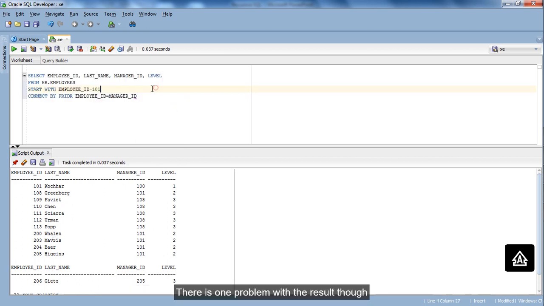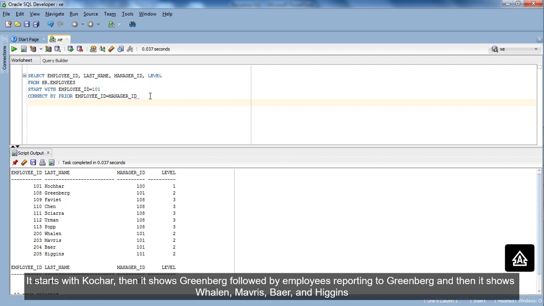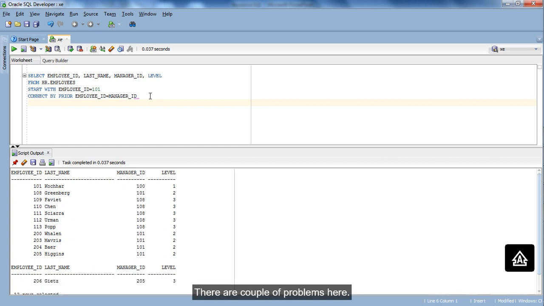There is one problem with the result though. The data is not ordered properly. It starts with Kochar, then it shows Greenberg, followed by employees reporting to Greenberg, and then it shows Whelan, Maveris, Baer, and Higgins. There are couple of problems here.